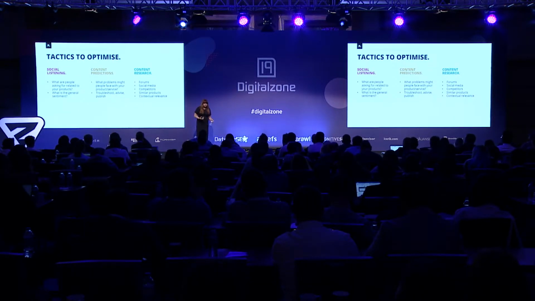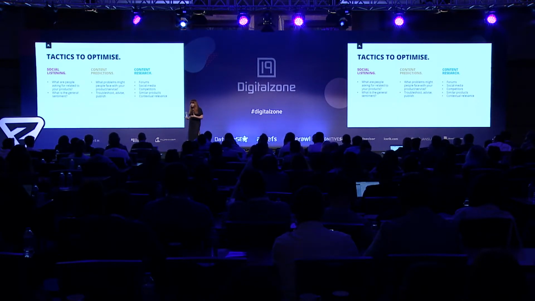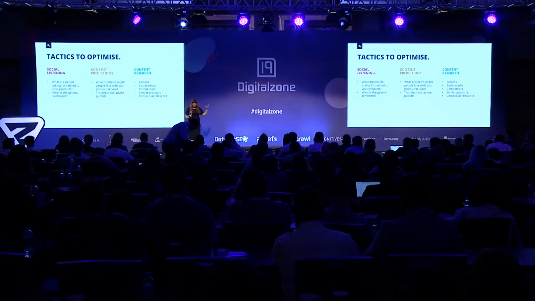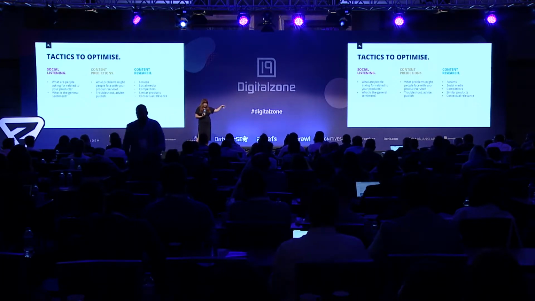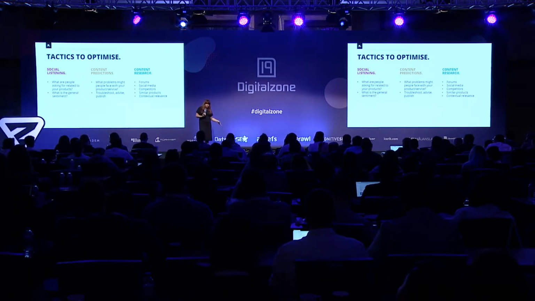And then we do our content research through things like forums and social media and competitors, and look for contextual relevance. Now, the reason we do this is because we want to make sure that we're still using the terminology that users are actually entering into the search. For forums, what we do is we use advanced query operators. And with an advanced query operator, such as in URL, with a competitor's site, and then we put the keyword in, and then we scrape all the search results that come out at the end.